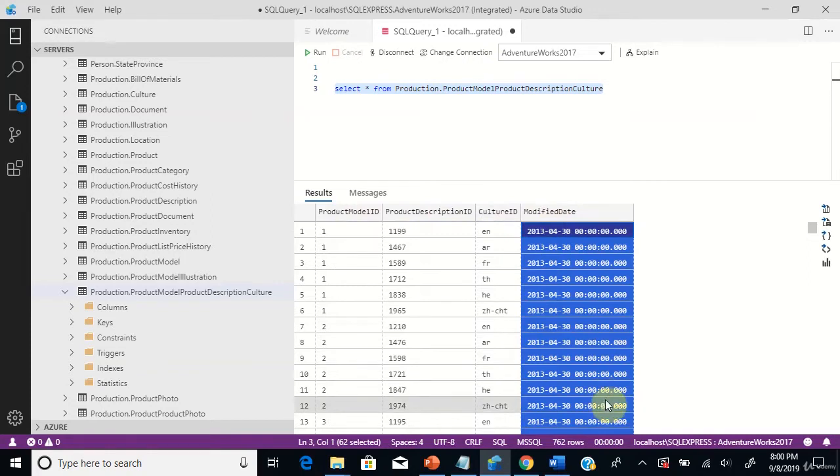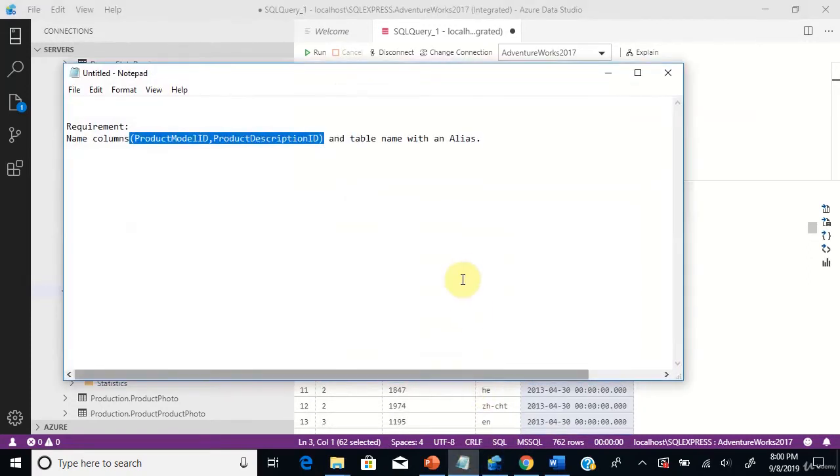Let's see the requirement now. So we need to name the columns and the table name with an alias. Alias means it's a temporary name which we are going to give for the table name and for the columns, and we want to give the alias name for only the 2 columns, not for all columns. So let's go back